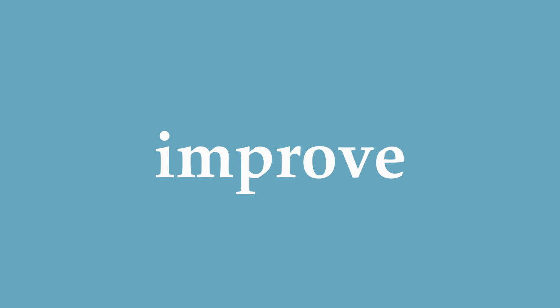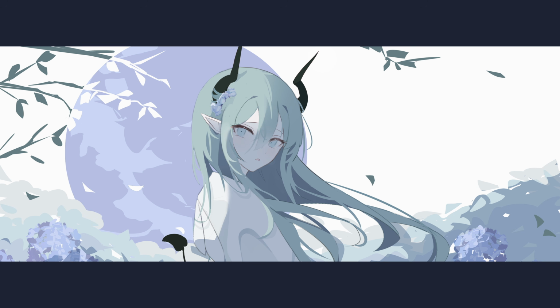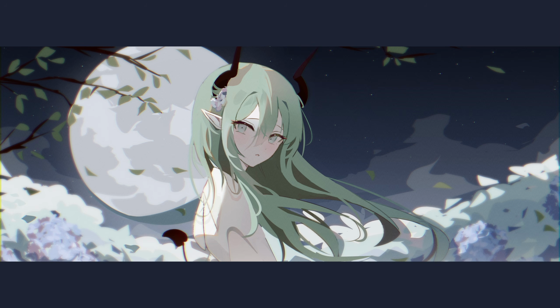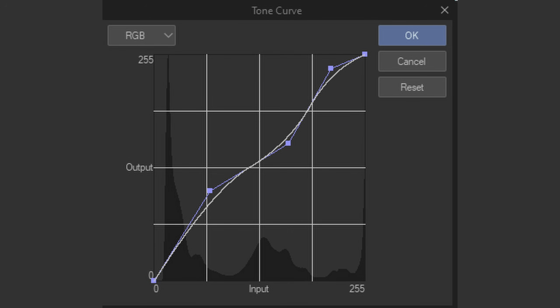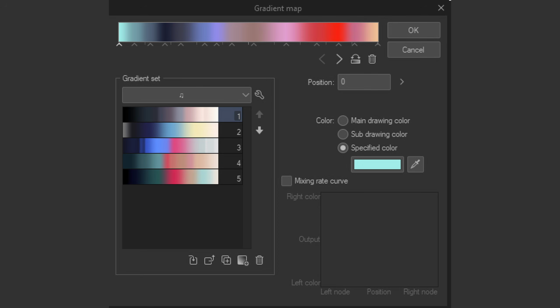Color is one of the most important things that you should learn if you want to improve your art. Learning color theory can make your art go from something like this to something that can look like this in just a couple of adjustments. In this video, I'll go over the basics and cover what colors can make an illustration look more interesting, as well as other things that pro artists use such as tone curve, color balance, and even gradient maps to make